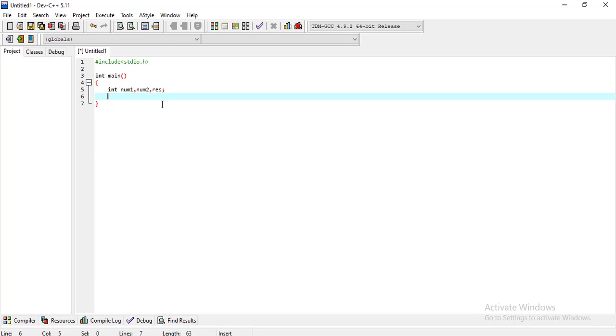Then I first have to take the input from the console. So printf, then give some message; here we can use slash n, so it will show in the next line. Enter two integers.